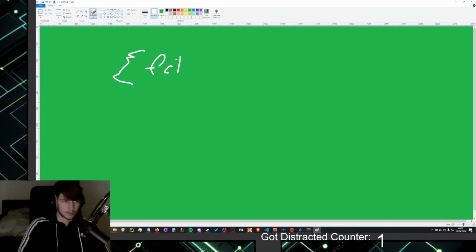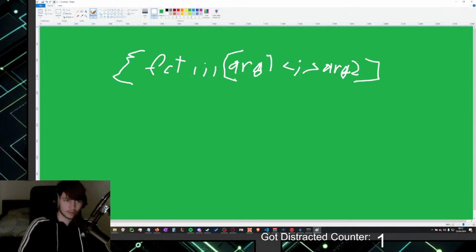Wait, let's make that a T. Then that separates it, and that's the argument. Let's call it argument 1, and then it does this ridiculous thing, and argument 2, and that is in those brackets.